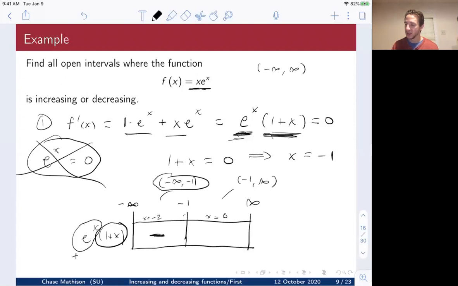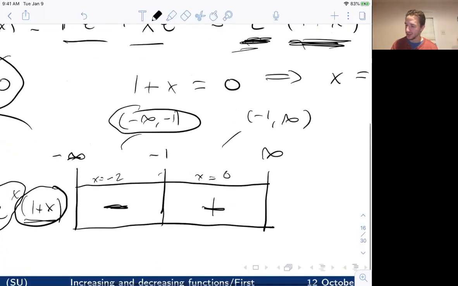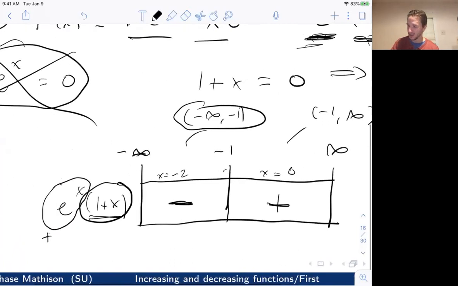And then what sign does 1 plus 0 have? Still positive. That's also positive, right? So I'm going to get a positive times a positive, which is going to give me a positive. Positive. So that means that f of x on this interval, I always like to, so this is f prime